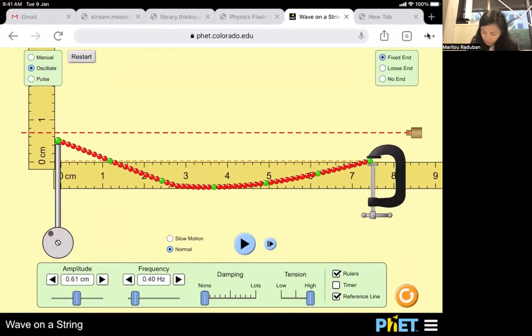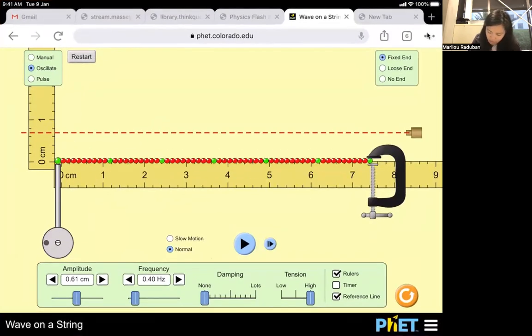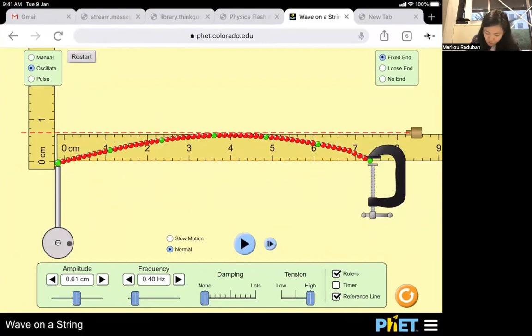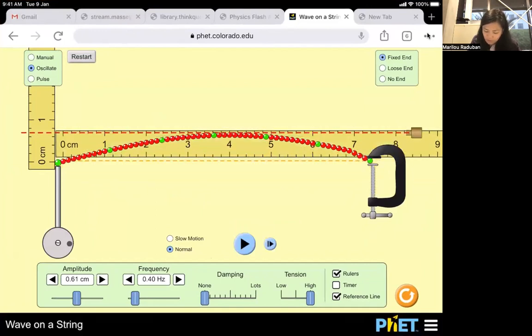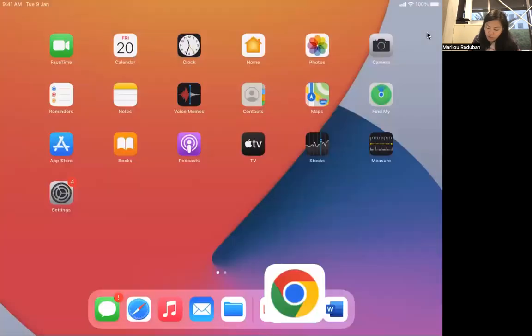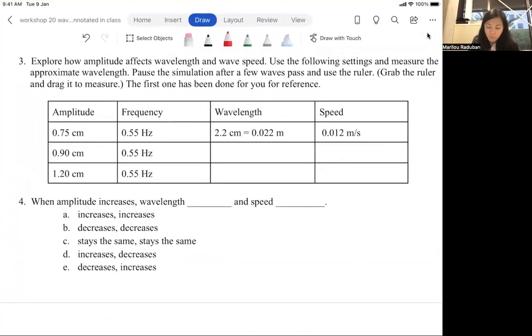So you can drag the ruler and measure between 2 successive points. This is probably because I don't have one whole wave. So just use the ruler to measure between 2 successive points, and that should give you the wavelength. And from there, you can calculate the speed,